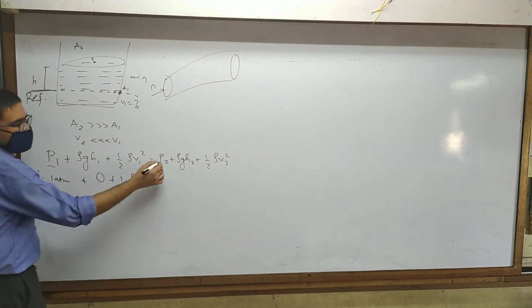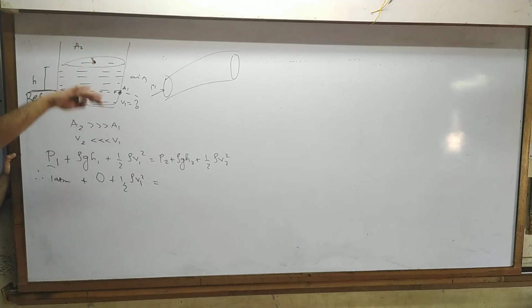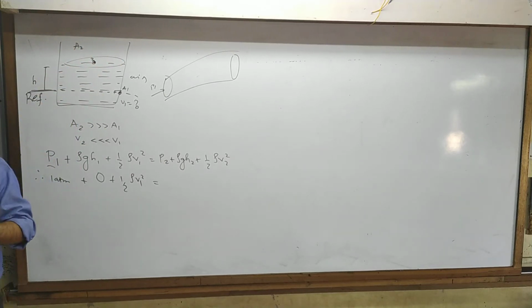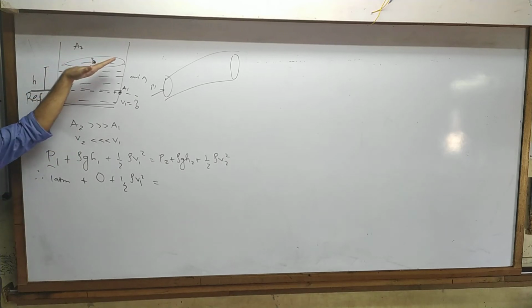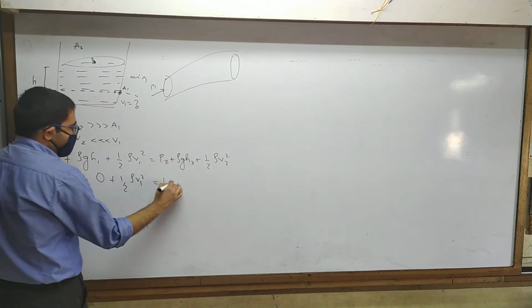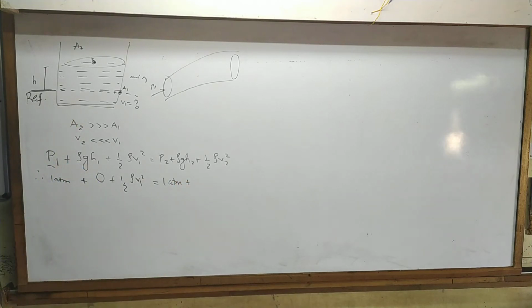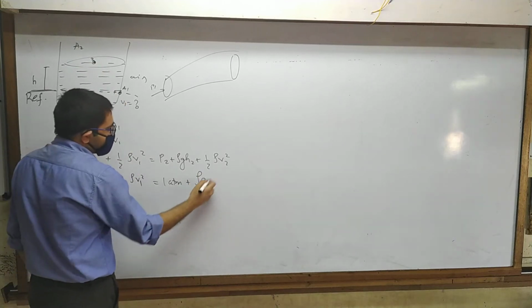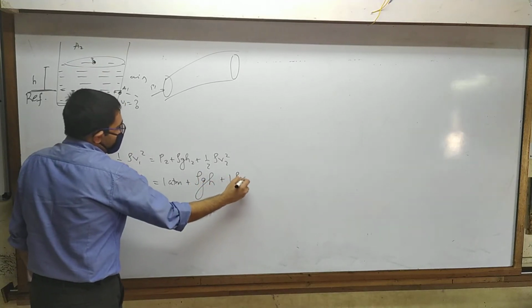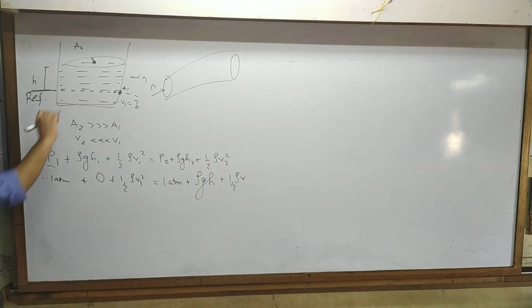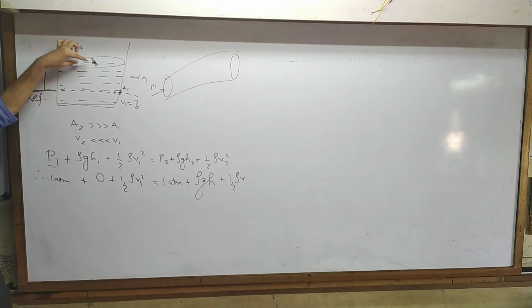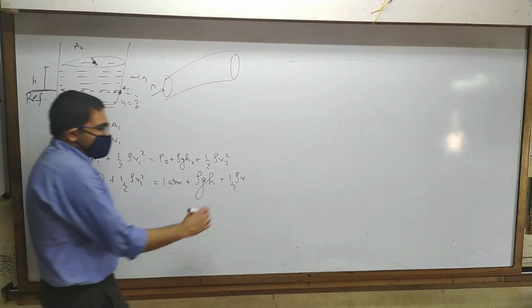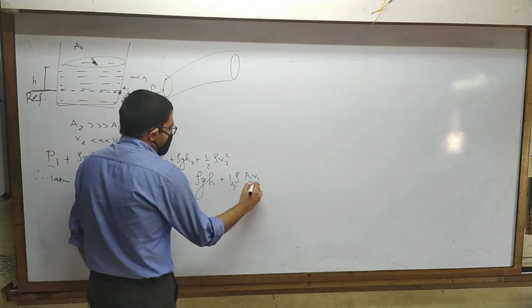Therefore this is equal to P2. At this point, at the uppermost layer of water or fluid, what do you think will be the pressure? 1 atm, yes or no? Yes. Okay. So the atm is going to get cancelled. Plus rho g h2. What is the height of this point? Next, plus half rho V2 square. Now we are not interested in finding the speed with which the surface starts to move. We are interested in V1. So if I use the equation of continuity between this point and this point, do you agree that instead of V2, I can write A1 V1 upon A2?